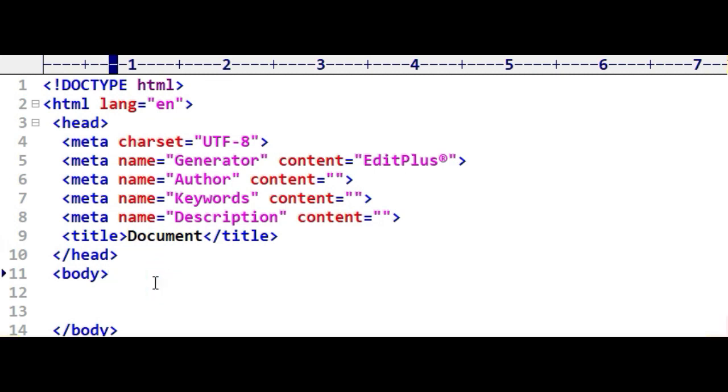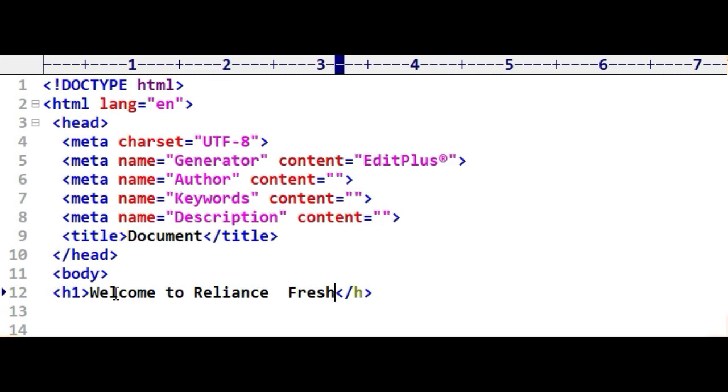So we have to write here: welcome to Reliance Fresh. We are using the heading tag for this purpose, h1. We have to close this heading tag also. Inside this we have to write welcome to Reliance Fresh.